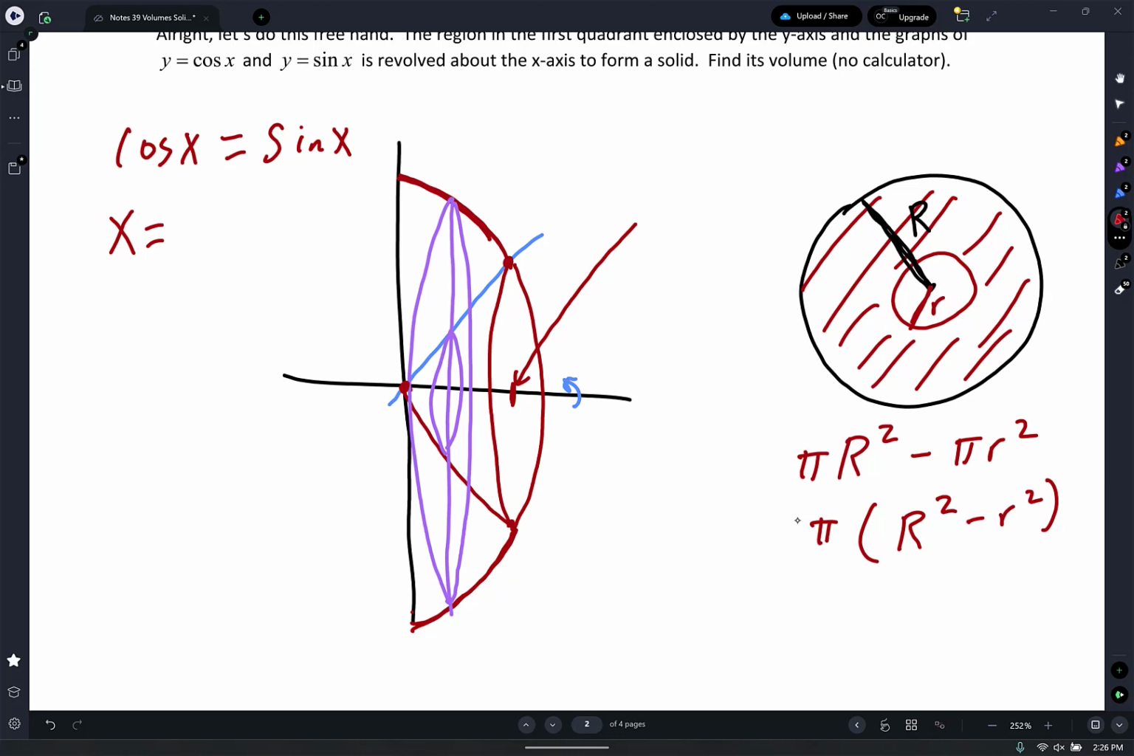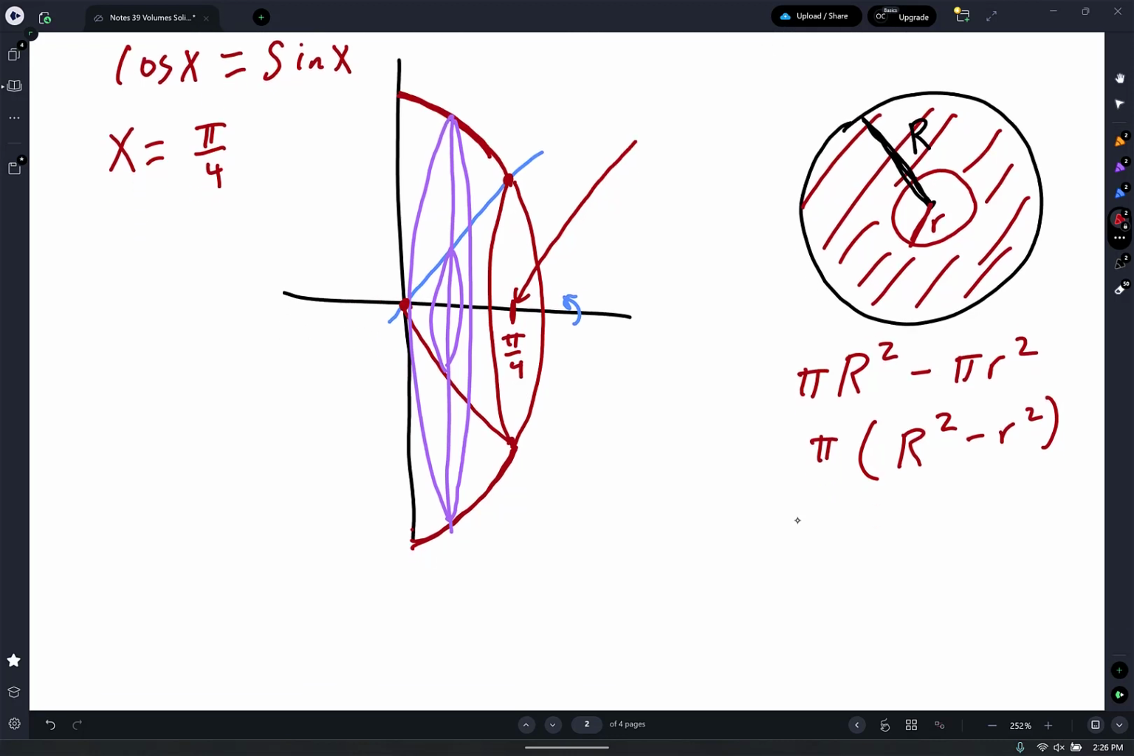45 degrees, I need it in radians. Pi over 4. So this is pi over 4 right here. Cool or not cool? So here we go. If I want the volume of this, volume equals pi on the outside, integral from 0 all the way to